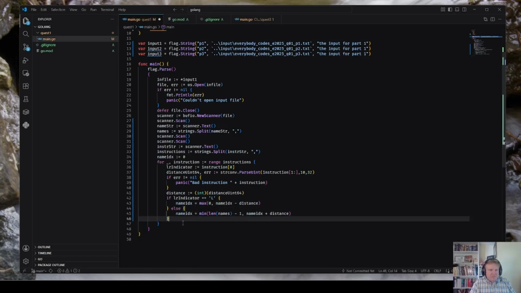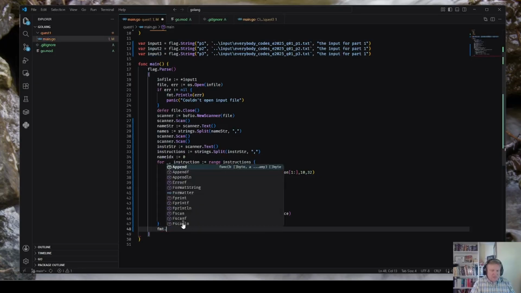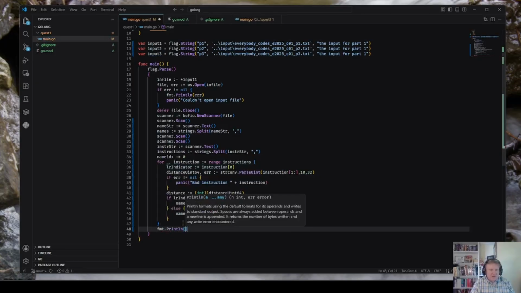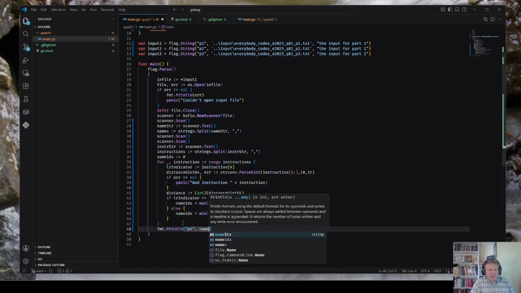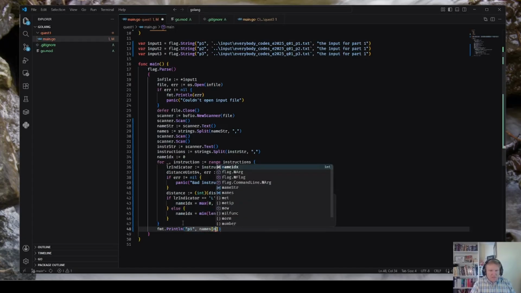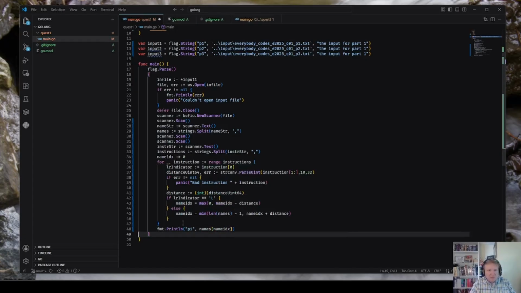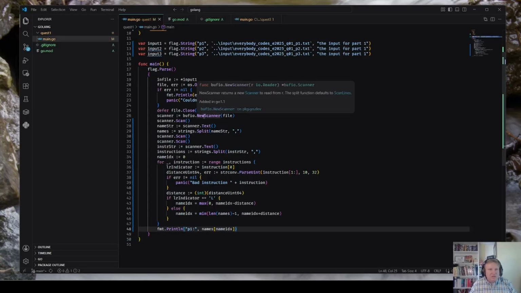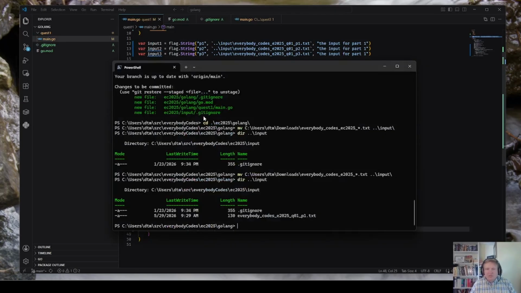Okay, print line P1 names, name index. Okay, looks good to me.